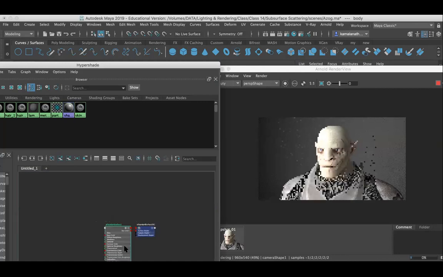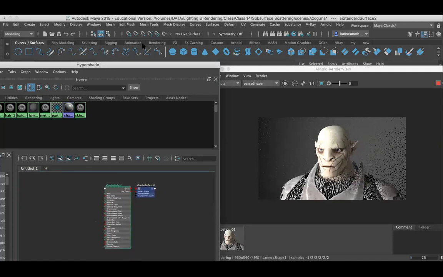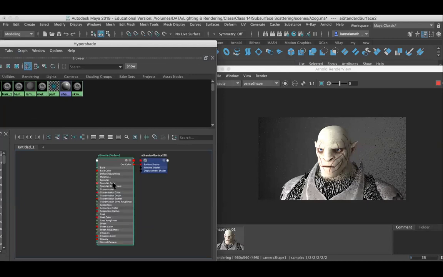Here you can create a material. You can see I have created a new material, and you can just rename it.